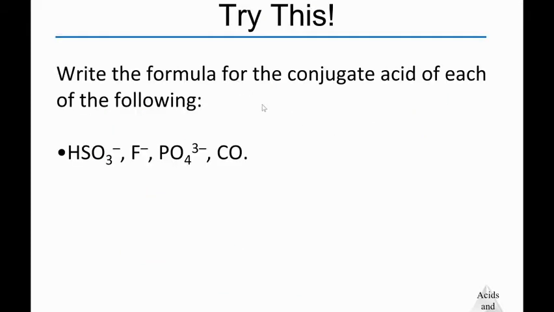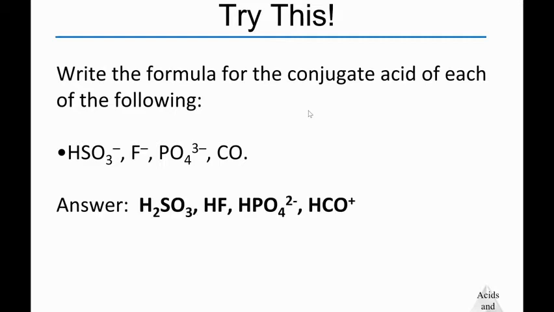So take a moment, pause the video, see if you can write the formula for the conjugate acid of each of the following. Okay, did you come up with this? H2SO3, HF, HPO4 2-, and HCO3+. One of the things you'll notice is that the conjugate acid, and the only difference between